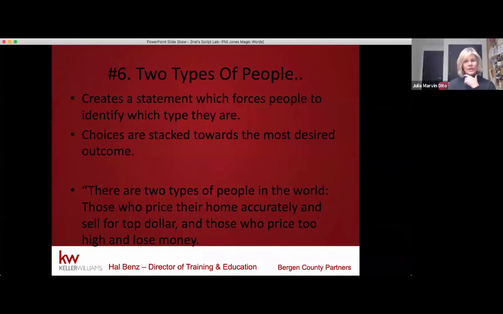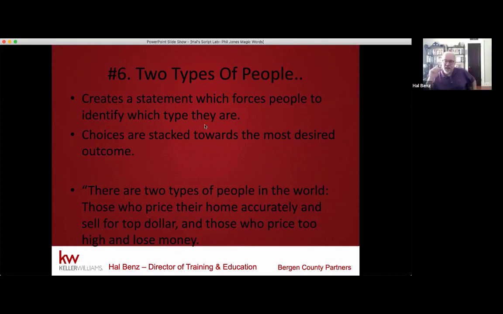I have another one, Hal. Go ahead. Two types of people in the world: people that are gamblers and people that are not. Using that in the context of, this is the market that we know. We don't know what's going to happen in the future. It could be a gamble to wait and not list your house and not know what that market's going to look like. Yeah, I love it. And that's the kind of context that says, let's talk about getting on the market now and not waiting for a future that we don't know.